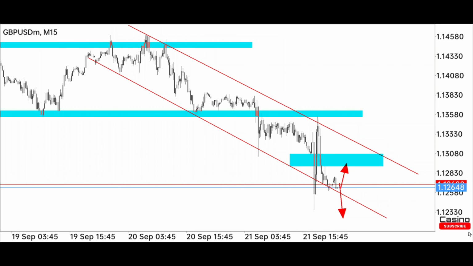reversal. You can also use this strategy. If you want to learn more of my Forex strategies, you can check my channel playlist where you will find more